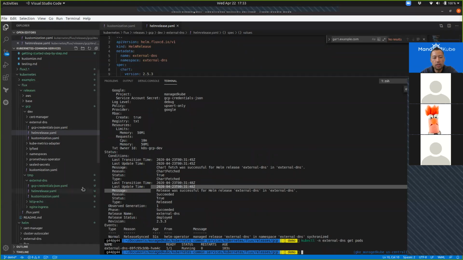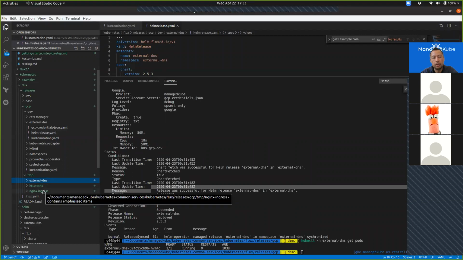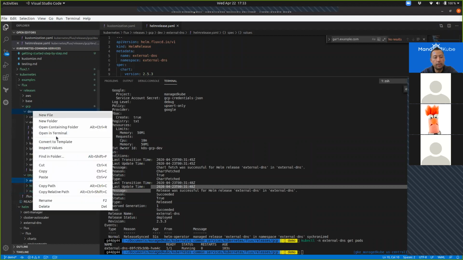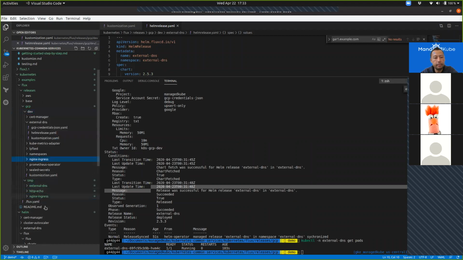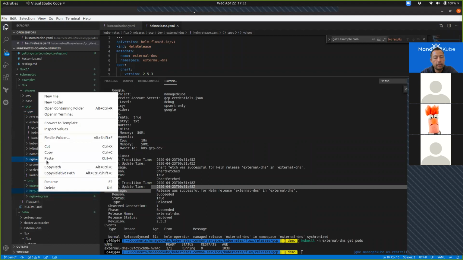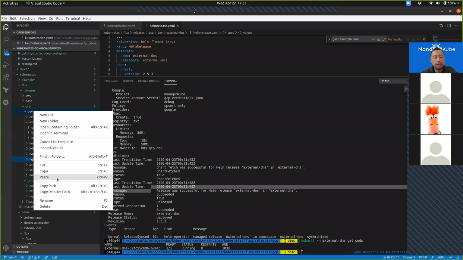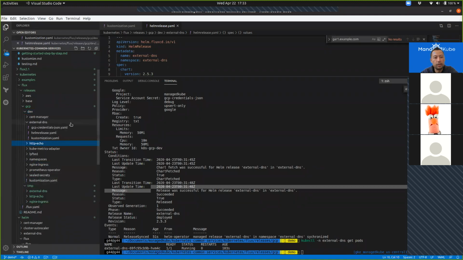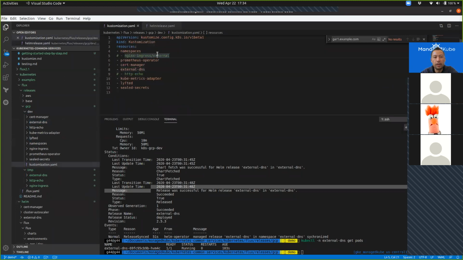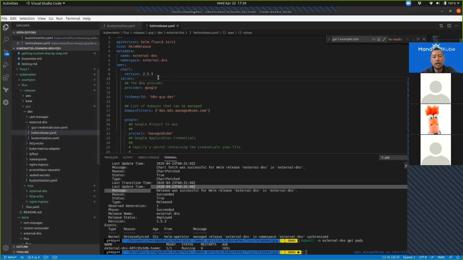So the next thing we can do now is deploy out Nginx and HTTP-ingress. So I'm just going to copy both of them in here and check them at the same time. Right, because this is basically rinse and repeat now, since we know what to do. And then we copy them over here. We have to go and tell Kustomize to go and customize it, because if you look at this Helm release, it's not the full Helm release,